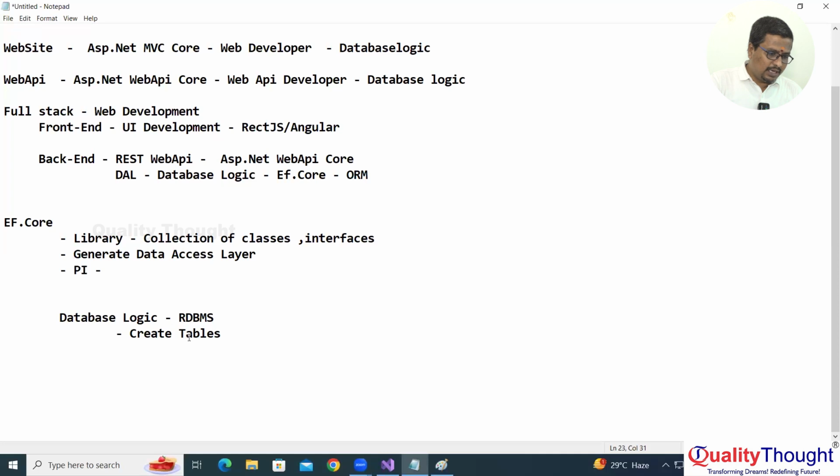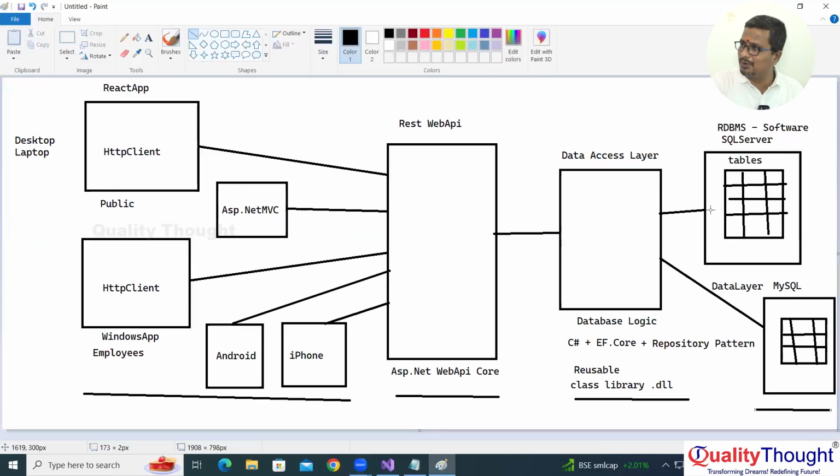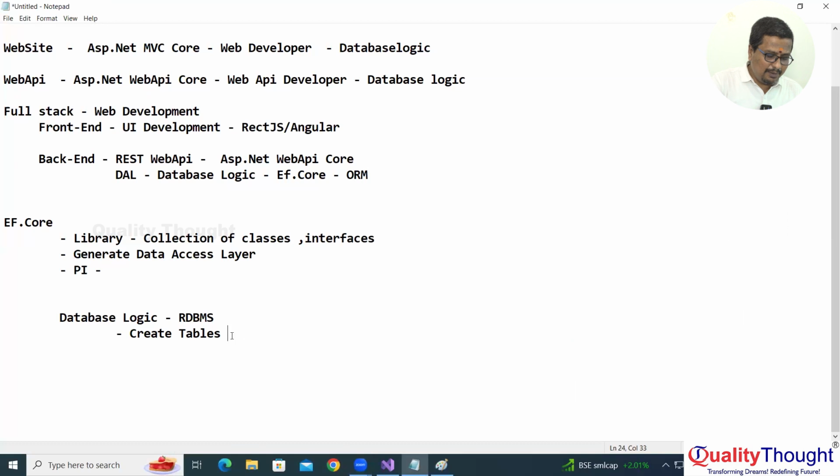Right. Now creation of tables. Okay, see, without understanding these points we cannot use EF Core very effectively. First you should understand what is meant by data access layer generation and what are the different types of steps involved in the database logic development. So for any project, first you need to create the tables. Okay, how are the tables created? That is an important point. Tables are created by using a language called SQL, structured query language, because any RDBMS